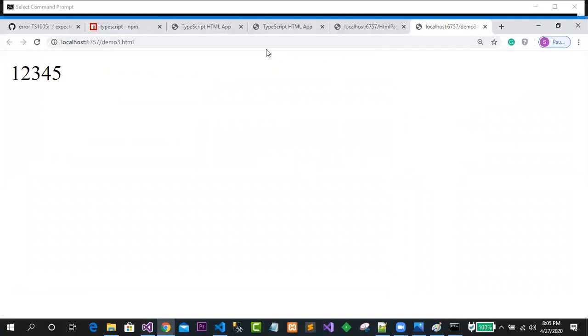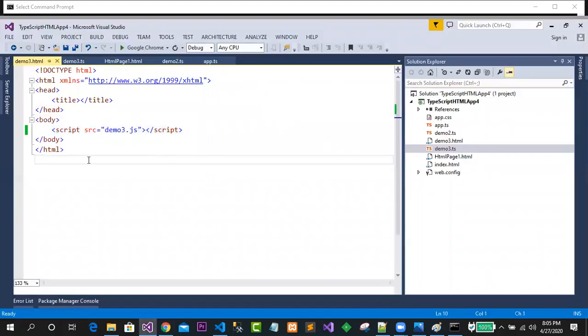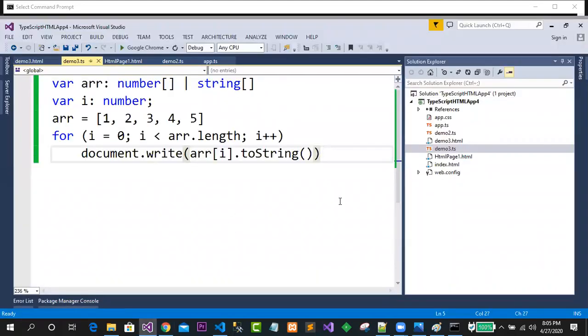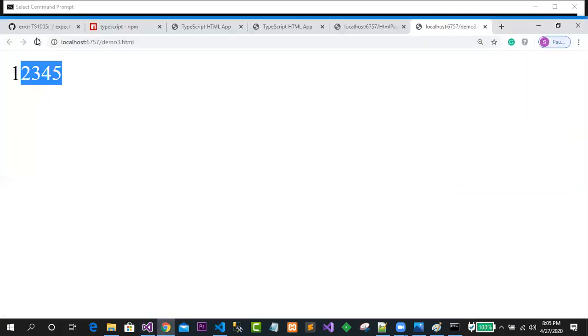Okay, you can see over here the output as expected. So what is the output we got? 1, 2, 3, 4, 5. Okay, so this is how exactly we are getting the values. Or you can simply use a concatenation with a space. If I go for a space over here, let me refresh here. Yes, I'm getting the result here.